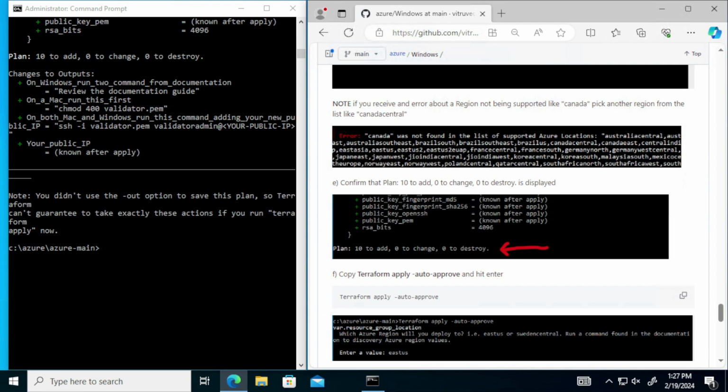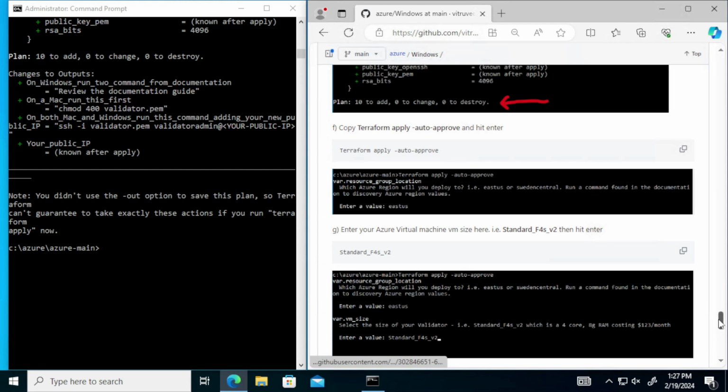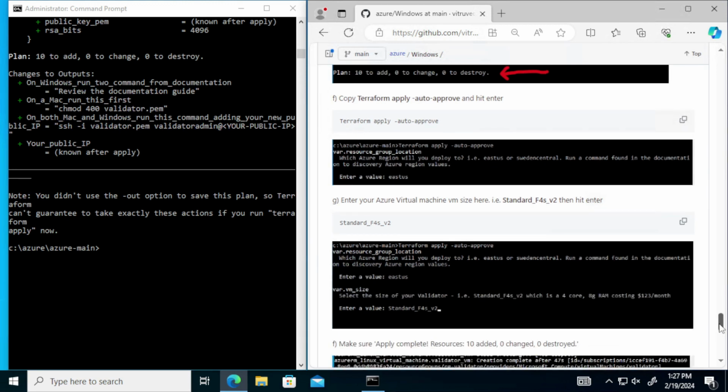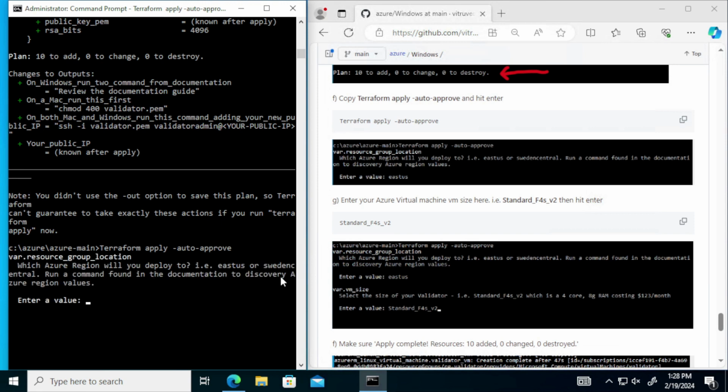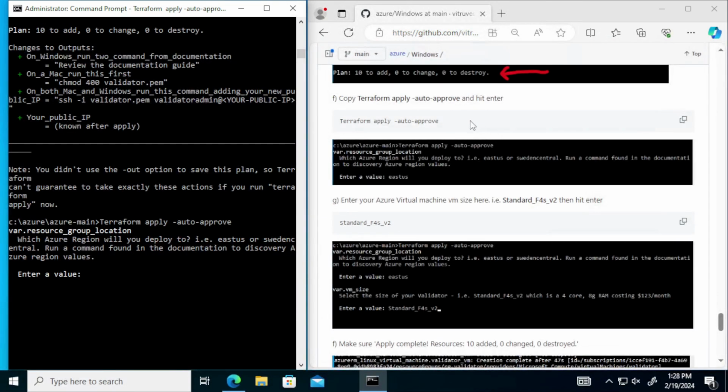Okay, so I've confirmed that I have plan 10 there, and my next step is to actually execute this into Azure. So copy this command. I'm going to do the same thing. I'm going to copy the Terraform apply, and I'm going to paste it here. Okay, as I said, this is actually doing an apply. It's deploying it. So I'm going to hit enter there,